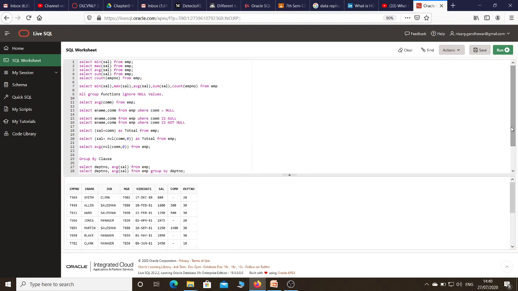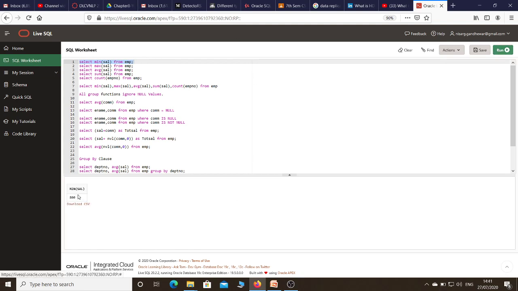Now, very first, aggregate functions. What are the different aggregate functions? We discussed a total of 5 aggregate functions. Out of this employee data, I need to display the minimum salary given to an employee. Just check what the minimum salary is. I think 800 is the minimum salary that is paid to an employee. So how to get it? Simply write a query: select min in bracket sal from employee. Select the command and click on run. It gives me the minimum salary paid to an employee.